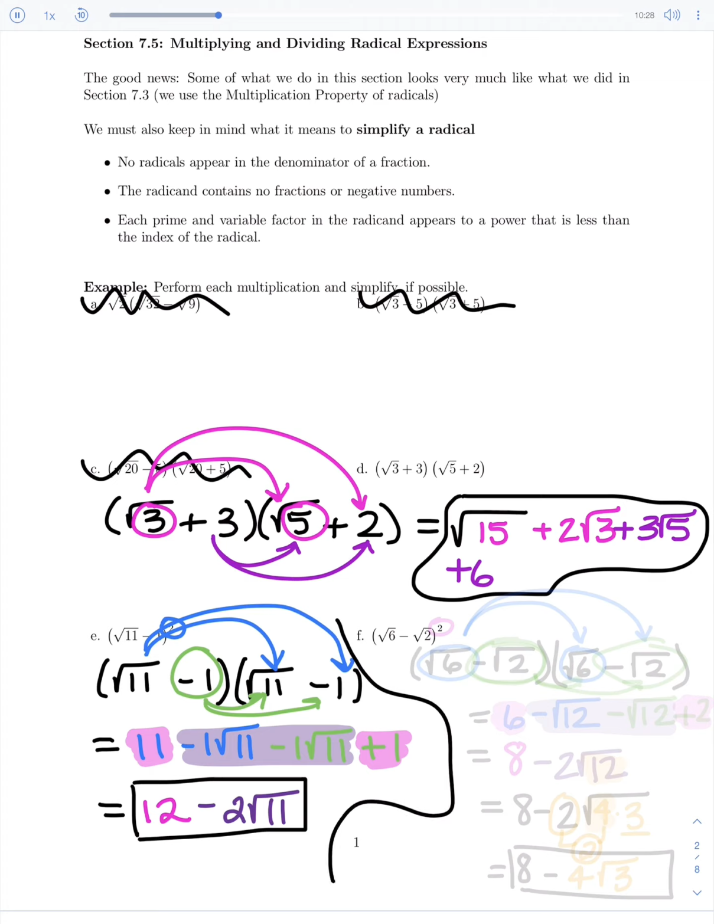Let's try another one. Let's look at F. Okay, in F, we've got, again, another set of twins because of the squared. We've got a square root